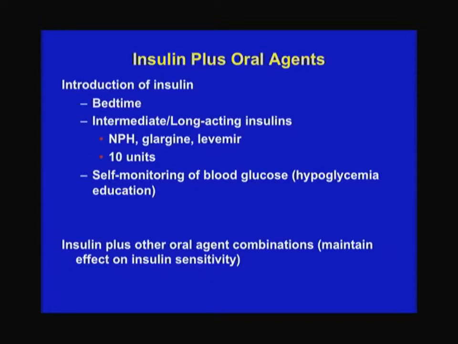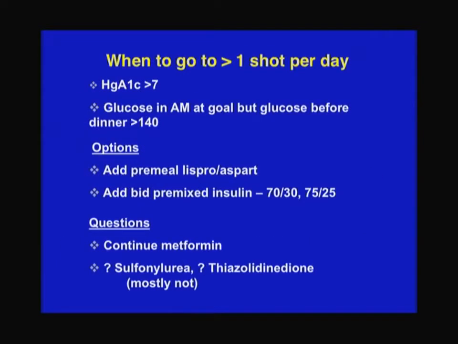And it's easy to use insulin these days. I won't go over this in great detail, but many patients can be treated with one shot a day at night of one of the newer insulins. And that's relatively easy to do. You don't have to check your blood sugar four times a day or take four shots a day. But there are other patients who we do add four shots a day.